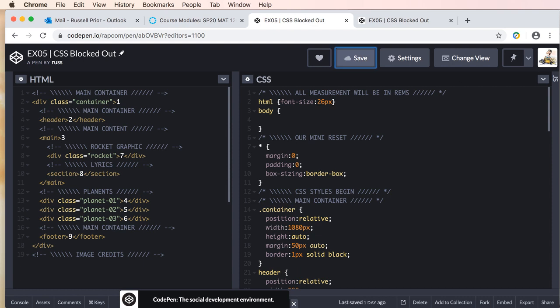So let's start at the top with our CSS. And you're going to note I have all measurements will be in rems. And when I'm completely finished with this and I've done all the little tweaks and fine tuning, then I'm going to go back and convert all of my absolute pixels into rems. Okay, and you'll note that we have our font size 26, so this will be our root M,